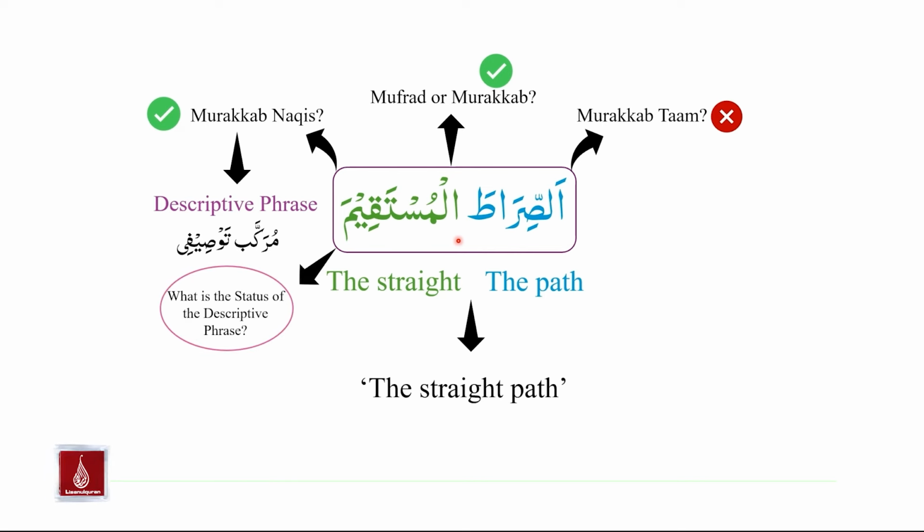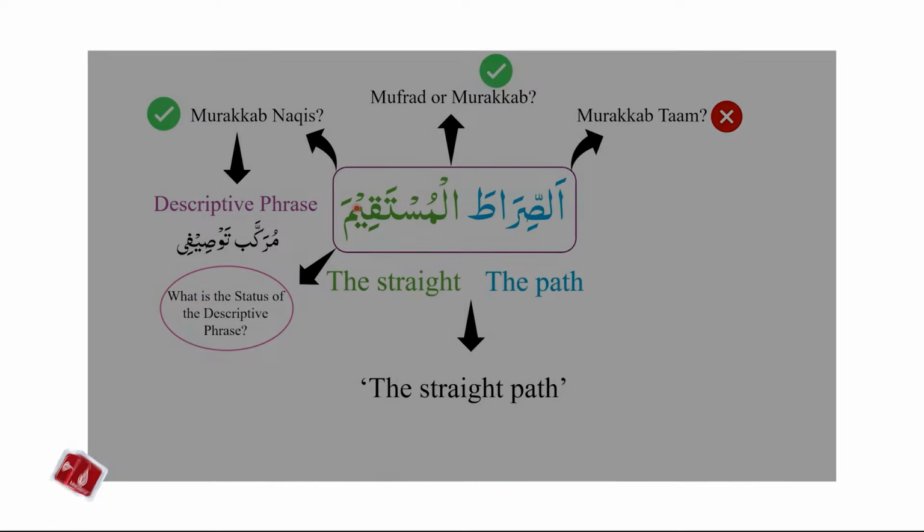Finally, what is the status of the descriptive phrase? What is the status of as-sirat al-mustaqima? The status of as-sirat al-mustaqima is nasab. As-sirat al-mustaqima is mansub because as-sirata is mansub and al-mustaqima is mansub as indicated by the zabar at the end of as-sirata and al-mustaqima. In the beginning of Surah Yasin, which is Surah number 36 of the Holy Quran, we have